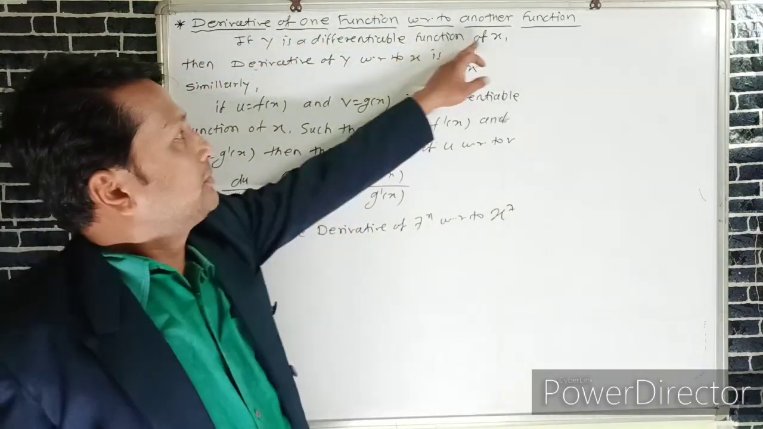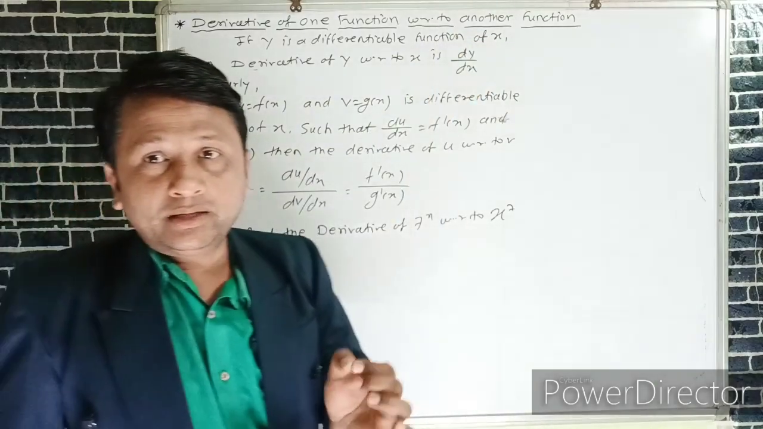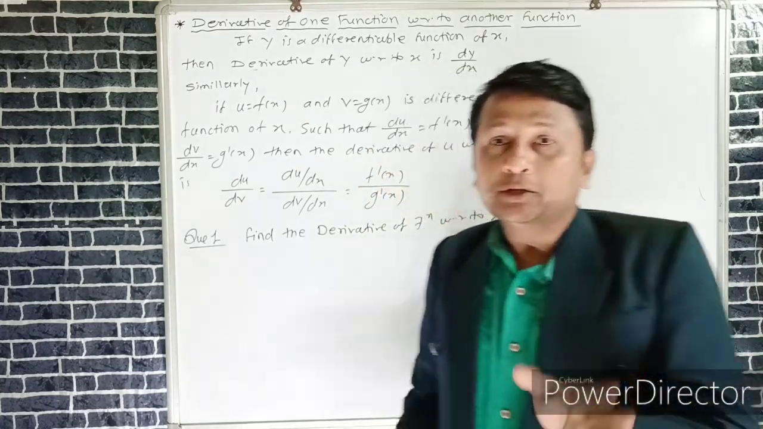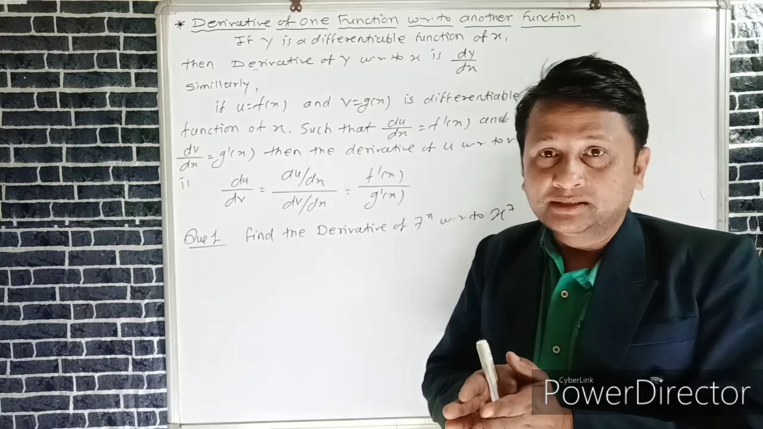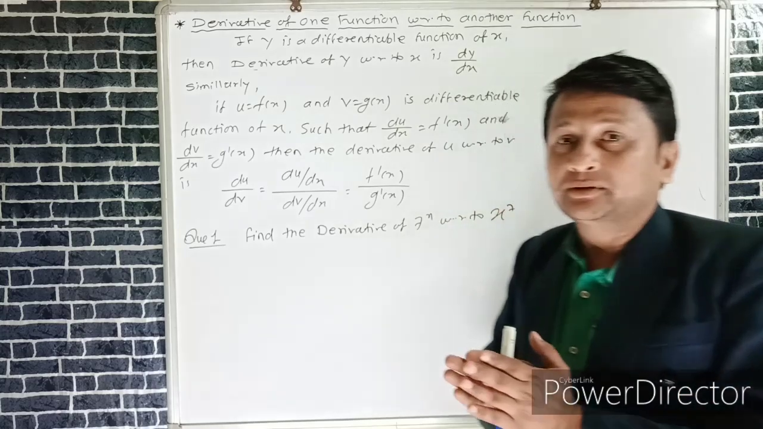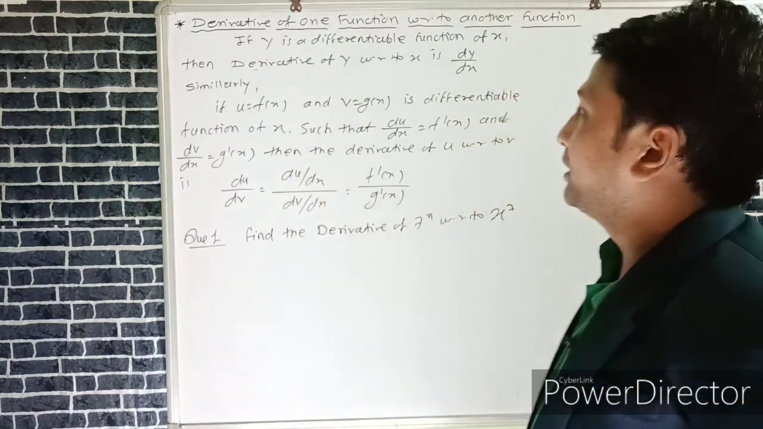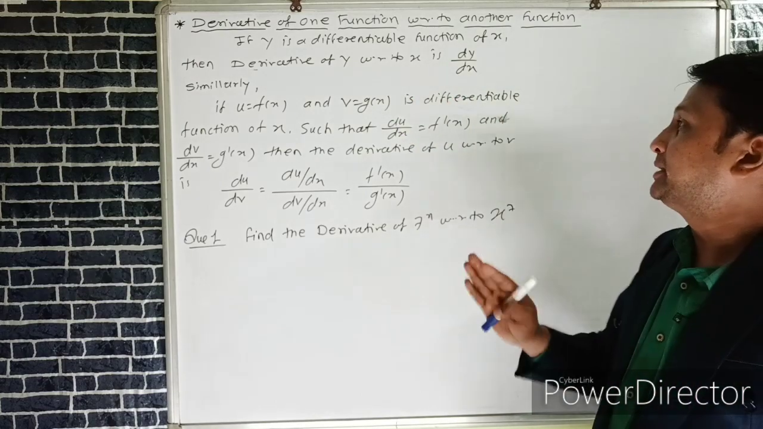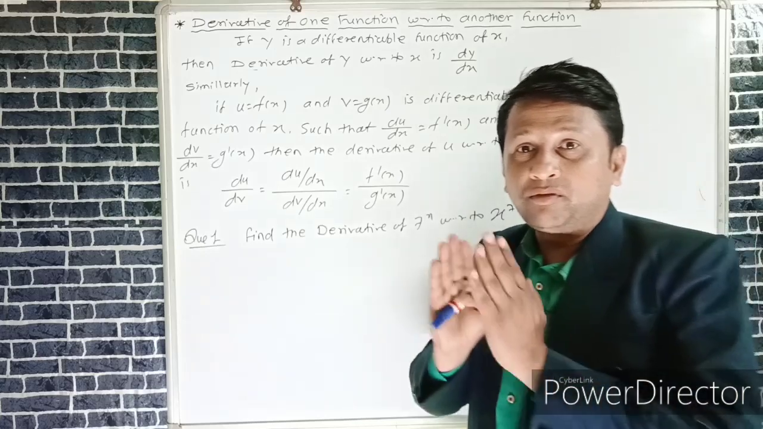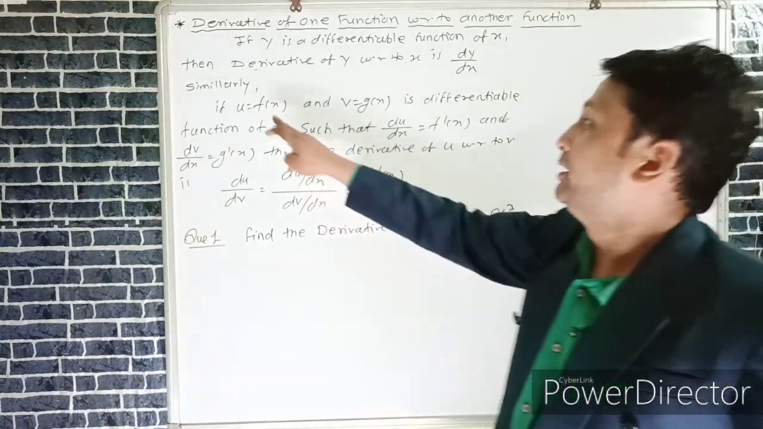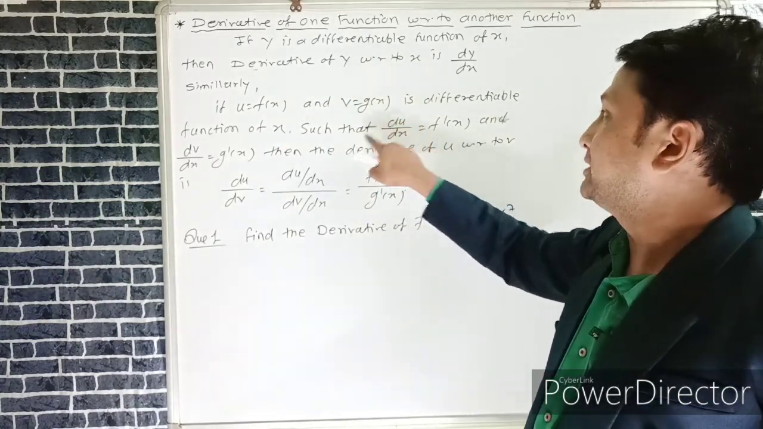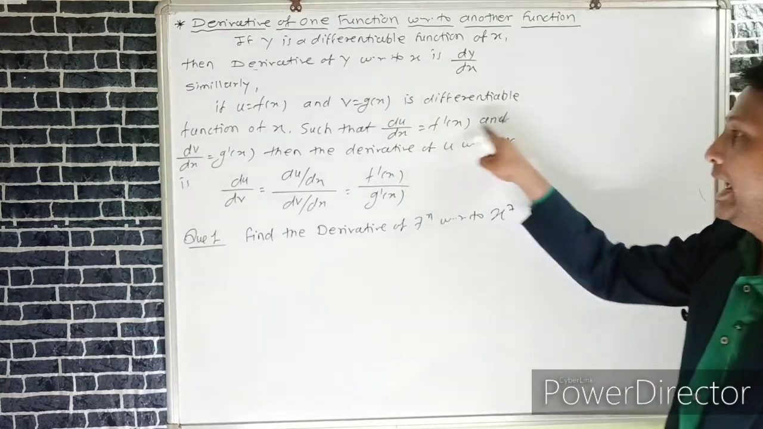If y is a differentiable function of x, then the derivative of y with respect to x is dy by dx. Similarly, we can apply here the rules of derivative of parametric functions. If u is equal to f of x and v is equal to g of x are two differentiable functions of x, both in the form of x, it means that the parameter of u and v is x, such that du upon dx is equal to f dash of x and dv upon dx is